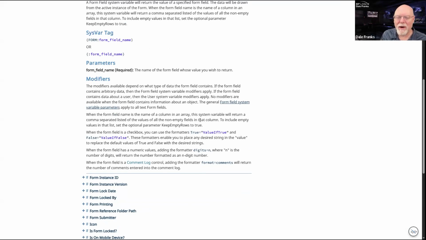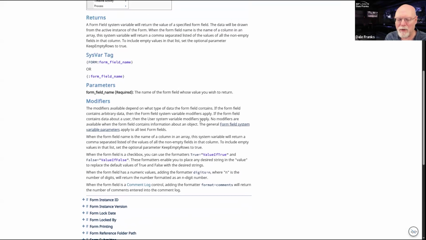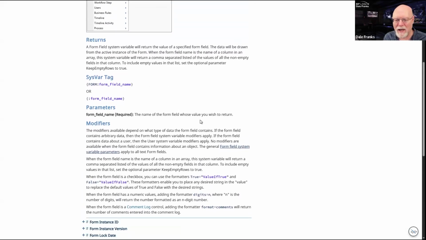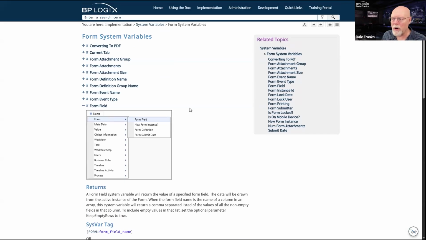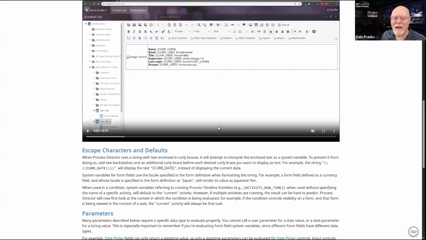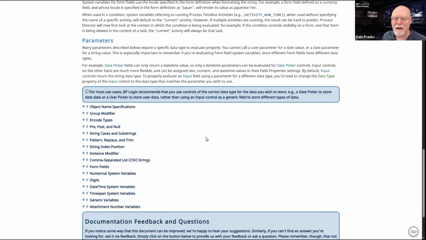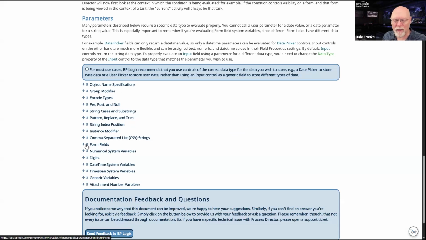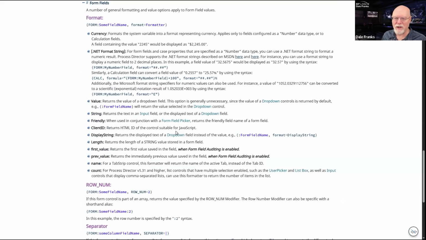They all have their particular data types. So you need to know what sort of data type the form field is before you can figure out what sort of parameter might get assigned to that form field. If you go into the form field sections here, you can see the different parameters as we saw earlier.